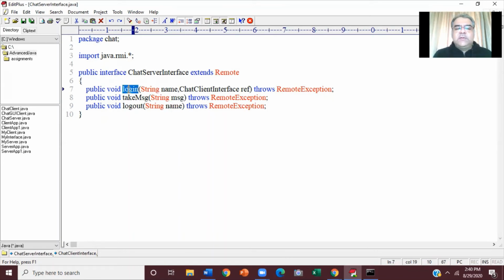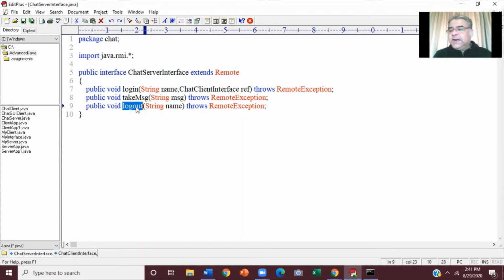When he had logged in, we had created his client info object and put it in the vector. So when he's logging out, his corresponding client info object, which we have kept in vector, should be removed. That is the first thing that I'll do.